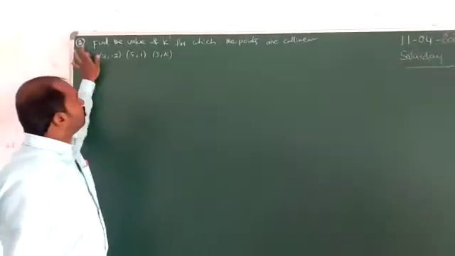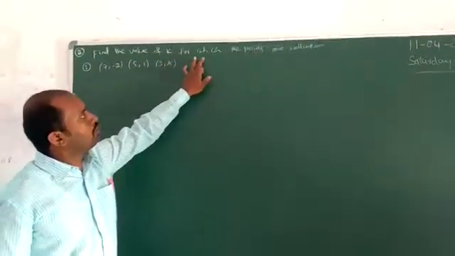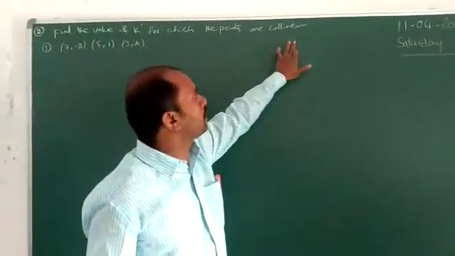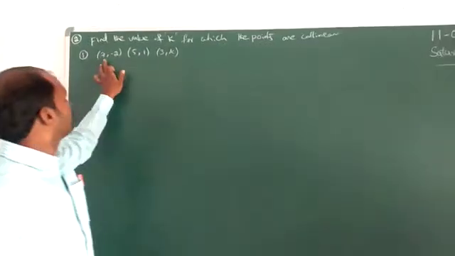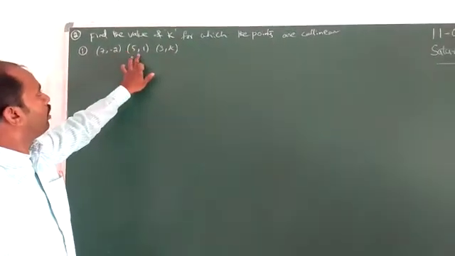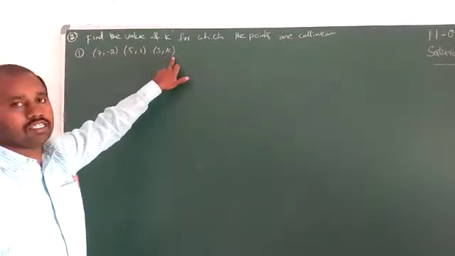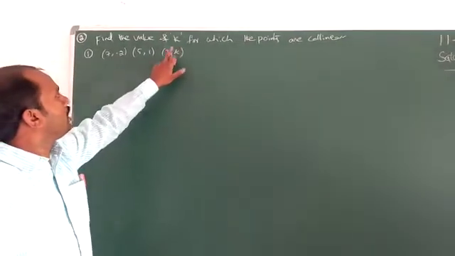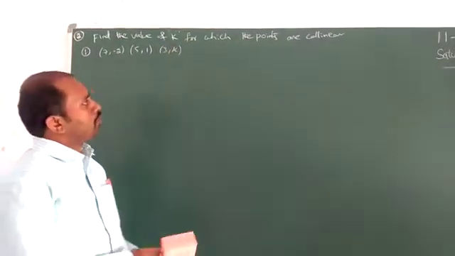Now the second problem: find the value of k for which the points are collinear. The given points are (7, -2), (5, 1), (3, k). These are the given points. You find the value of k here. Okay. Before this problem,